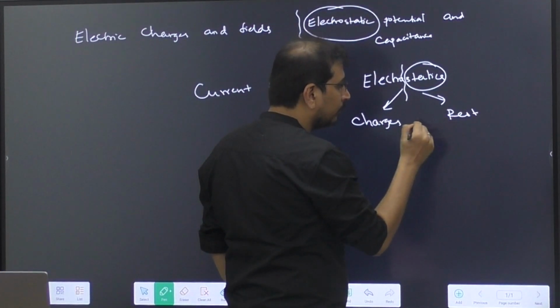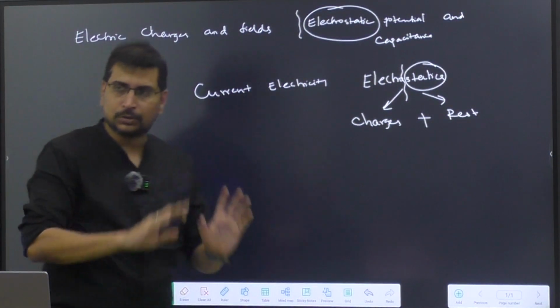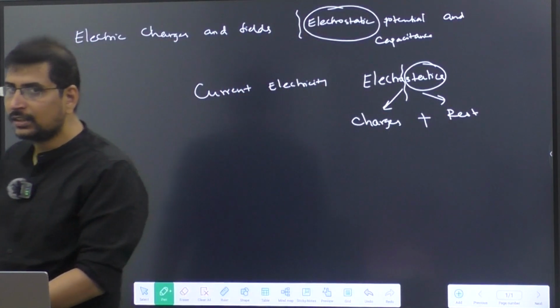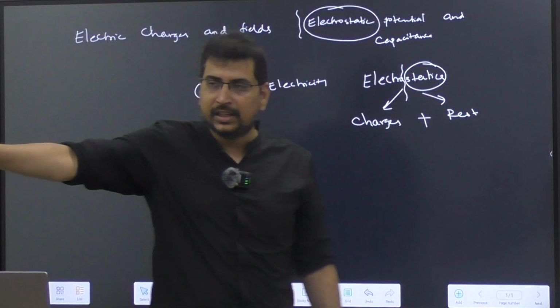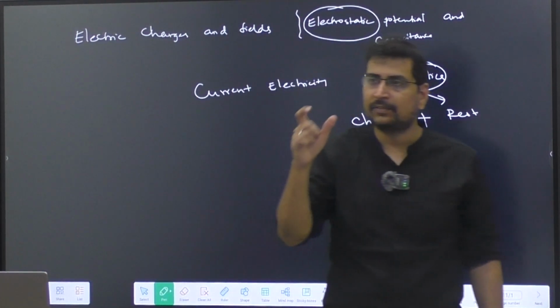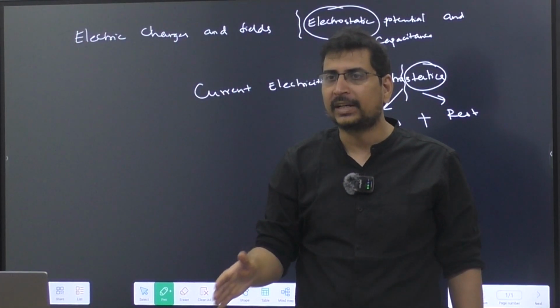So if I add these two words, I define a branch of physics called electrostatics. So what do we actually deal with in it? A branch of physics which deals with electric charges. When the charges are dealt with at rest, you call that kind of branch